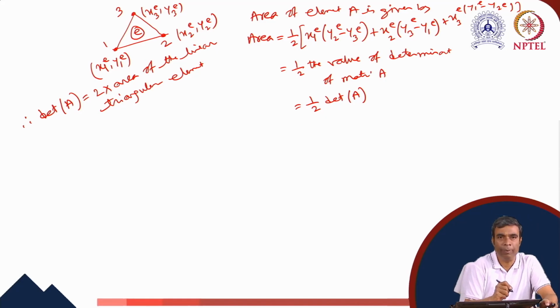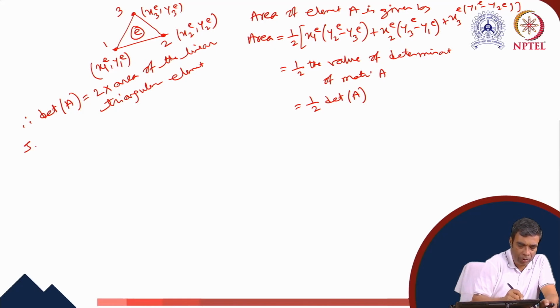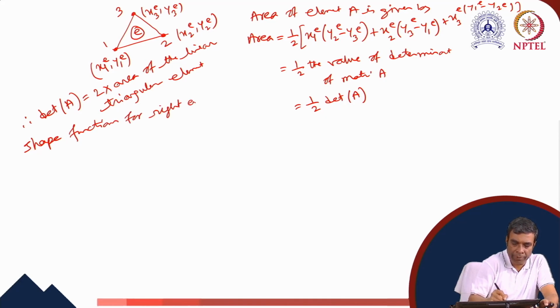Now we have the shape function expressions. Using these expressions, we can find the shape functions for triangular elements of regular shape. It means that when one of the included angles of the triangle is 90 degrees, it is a right angle triangle with two of the edges being parallel to the Cartesian coordinate axes. So, shape functions for right angled triangular elements